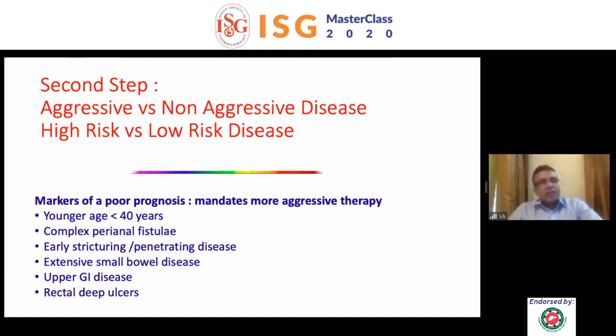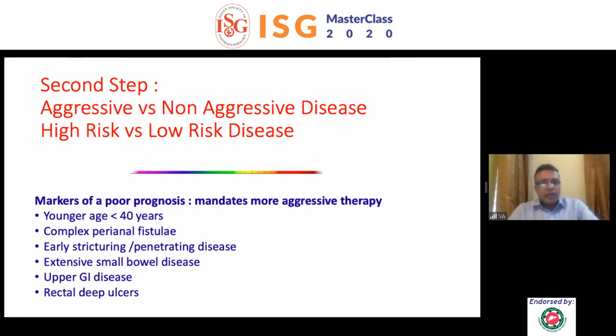Many factors have been described. I've just put out the 4 or 5 factors which I feel are extremely important, and they are something which, in a snapshot, the moment the patient walks into OPD, you can decide. You can immediately put it in your mind: he is high risk, low risk. And these factors are often younger age, but younger age alone is not significant.